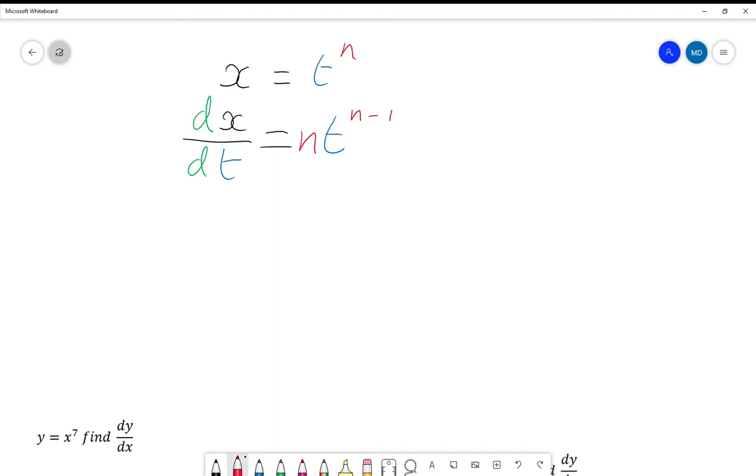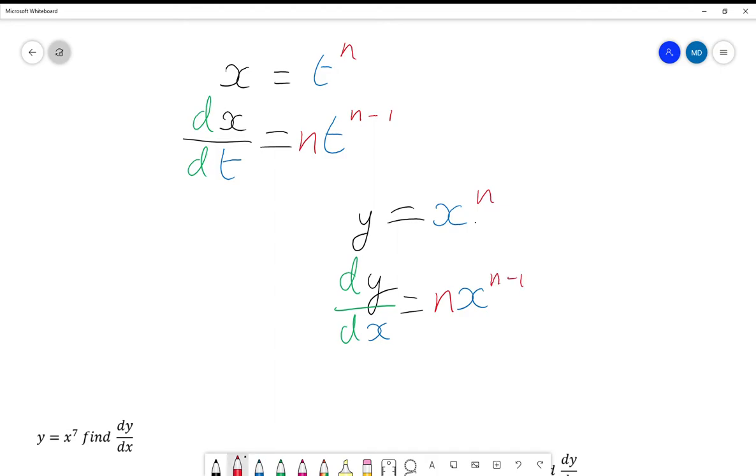Now, it doesn't have to be x and t. Very often the two that you use are y and x. So if y is equal to x to the power of n, let me change the colour there, then dy by dx is going to be equal to n x to the power of n minus 1,